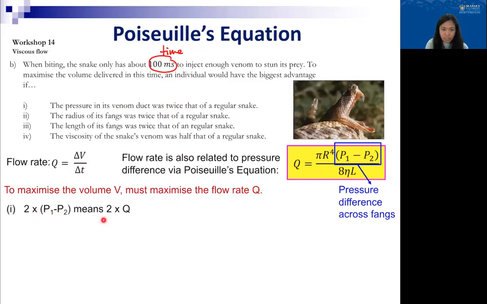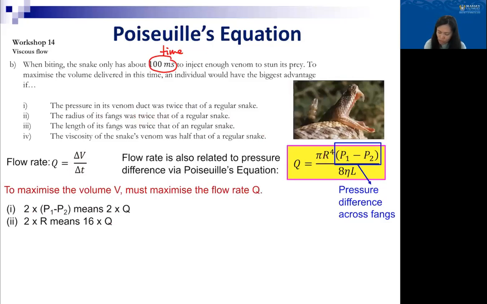Double the pressure difference means double the flow rate, right? The flow rate Q is directly proportional to the pressure difference, which means if you double the pressure difference, you double the flow rate. The second choice: the radius of its fangs was twice that of a regular snake. So radius is this R there. If you double the radius, because the radius of the snake is twice that of the regular snake,